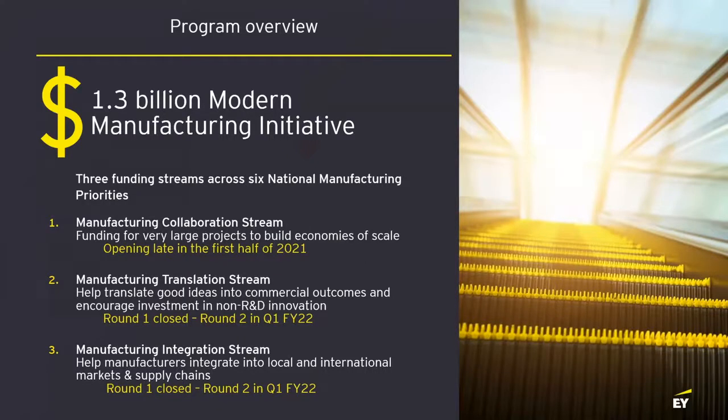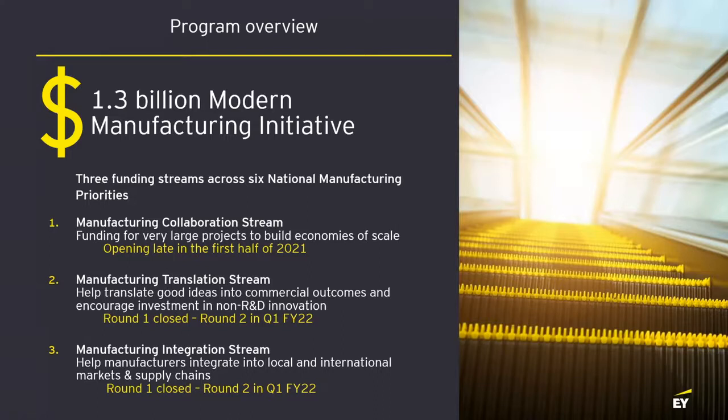and that is the Modern Manufacturing Initiative. So this is $1.3 billion across 6 national manufacturing priorities, one of which is the medical industry. And the funding is split across 3 different streams. So the first is collaboration, which is aimed at providing capital for very large research projects to support business to business and business to research collaborations. The second is translation. This is aimed at commercializing an investment in non-R&D innovations. And the third is integration, and this is aimed at assisting manufacturers to integrate into local and international markets and